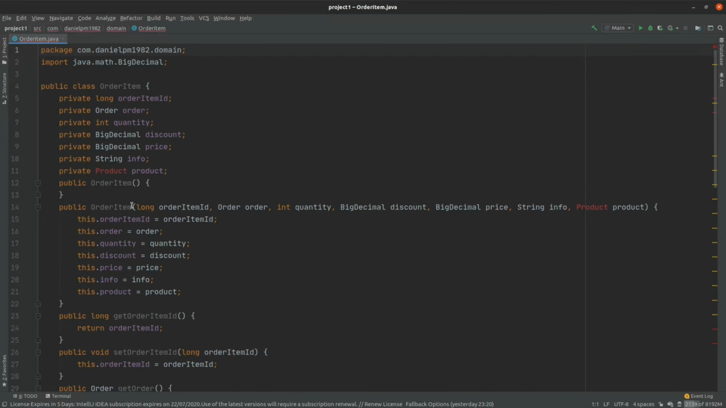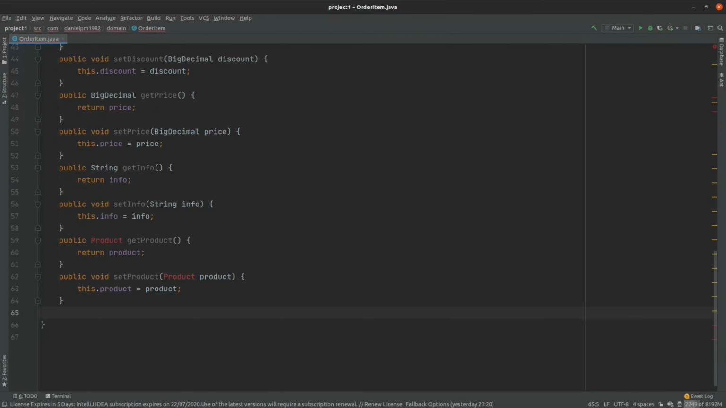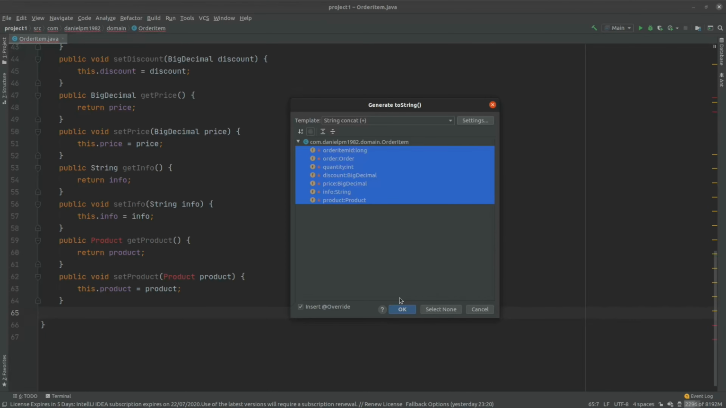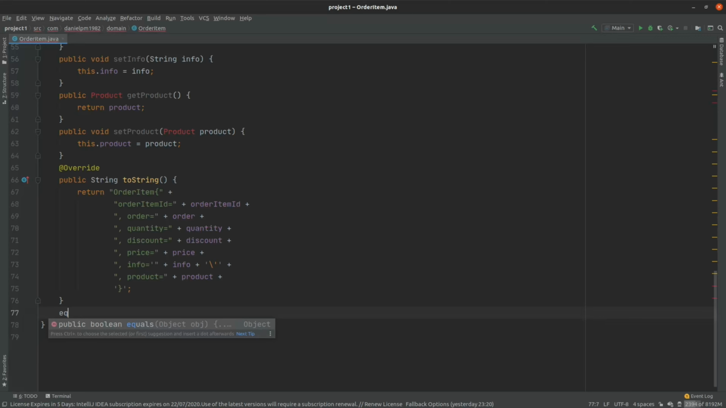And also here we won't need and shouldn't have the manual setting of the ID either at the constructor or at the set ID method here. But for now we will leave them as such. Then we implement the toString for all the fields. And then the equals